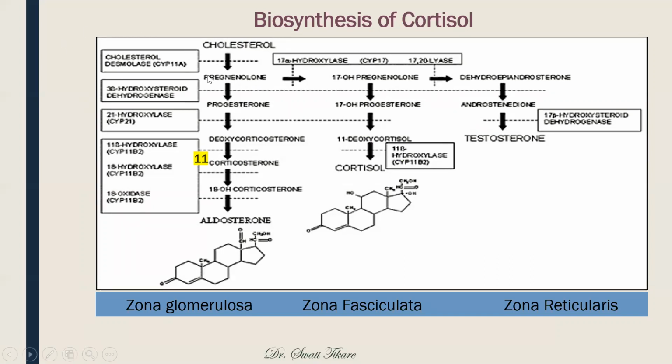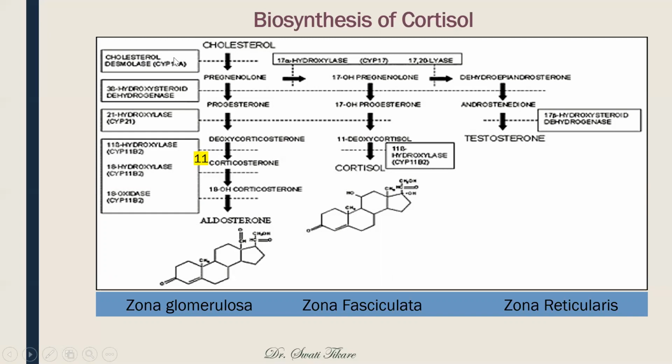Next step is pregnenolone is converted to progesterone by an enzyme 3-beta hydroxysteroid dehydrogenase. So definitely, if you're thinking whether you have to remember all these enzymes, you have to be able to recall this whole picture completely, because especially in multi MCQs, certain deficiencies can give rise to certain particular kinds of syndromes, which are often expected to be remembered by you. So you have to remember all these enzymes.